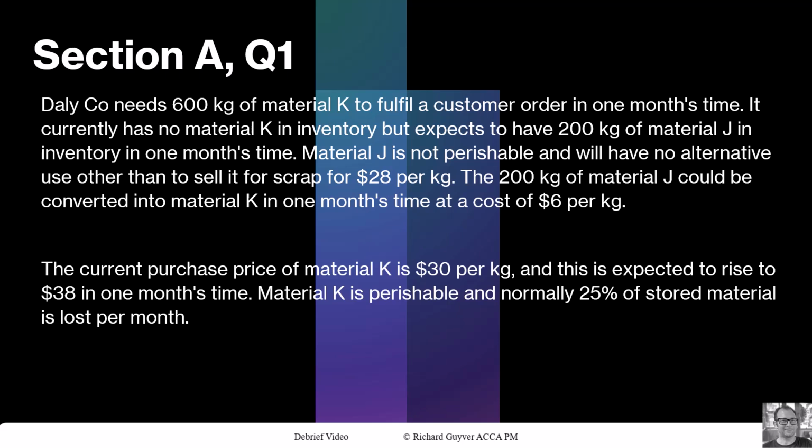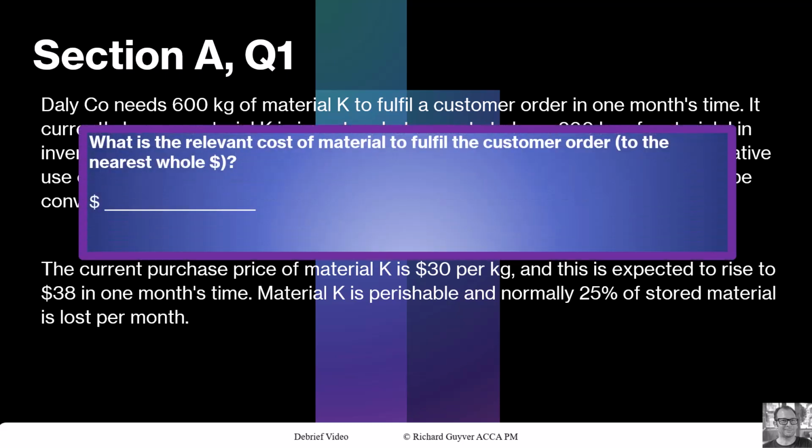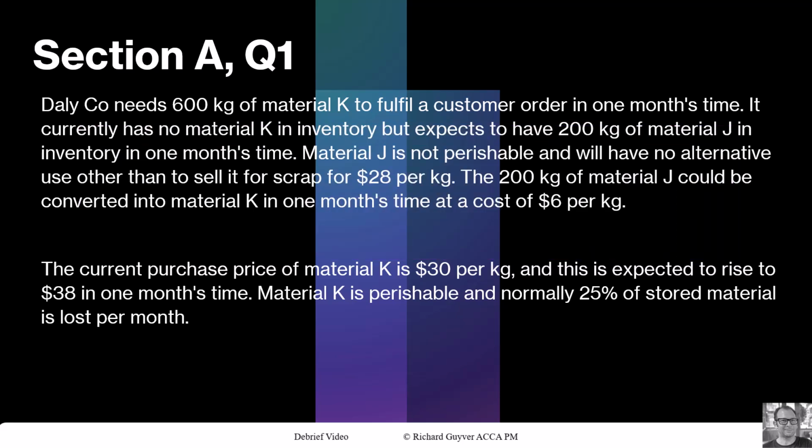So here's the first Section A question. What I always recommend is look at what we're being asked for first. We need to find the relevant cost of material to fulfill the customer order to the nearest whole dollar. So Daily Co needs 600 kilograms of material to fulfill an order, and that order is due in 1 month's time. It currently has no material K in inventory, but expects to have 200 kilograms of material J in inventory in 1 month's time. Material J is not perishable and will have no alternative use other than to sell it